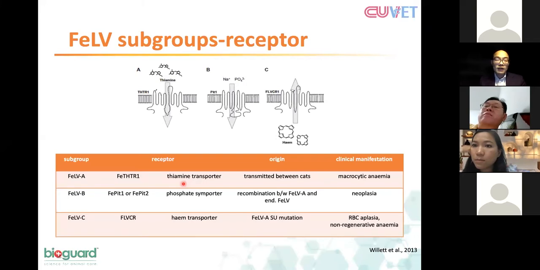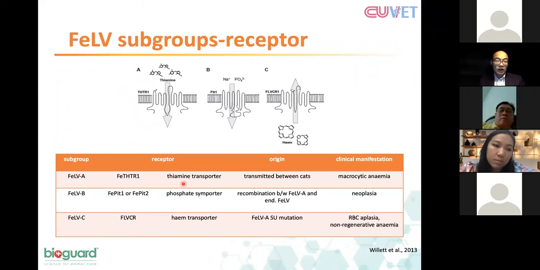And that's why FeLV-A is the most transmitted between cats. The clinical manifestation of FeLV-A could be macrocytic anemia or immunosuppression, depending on the level of replication ongoing in the cat's body. The second subgroup, FeLV-B,